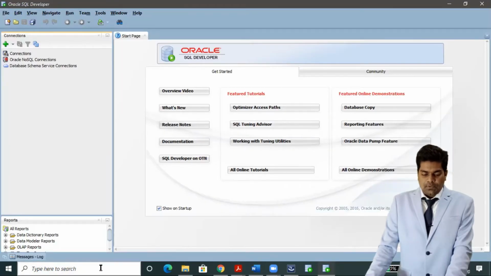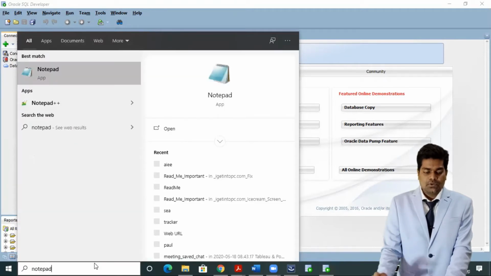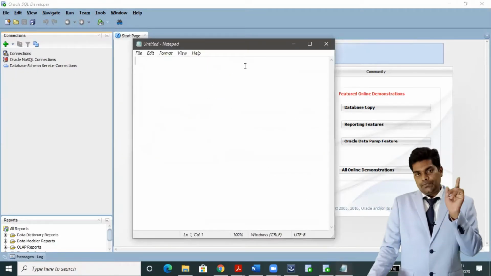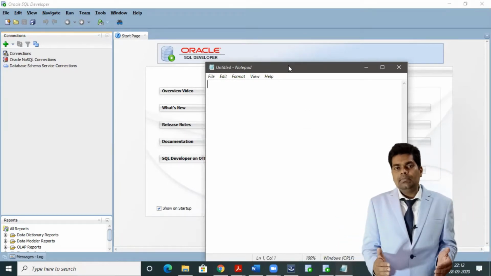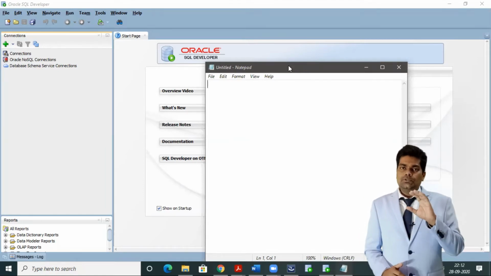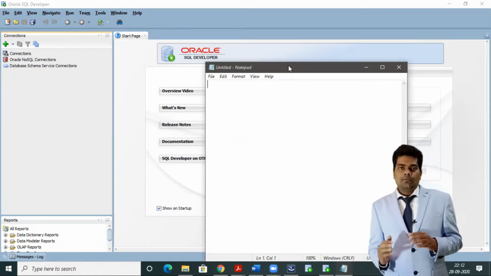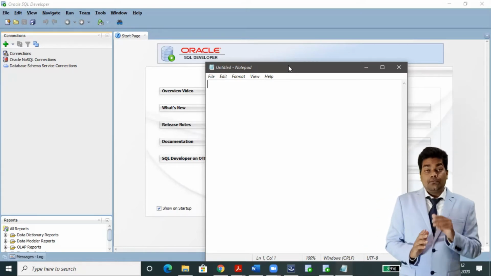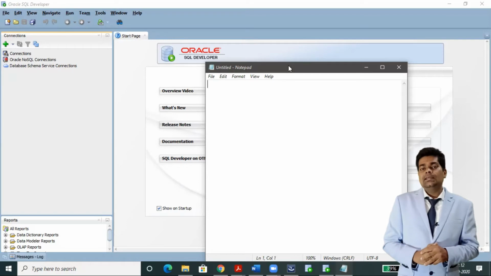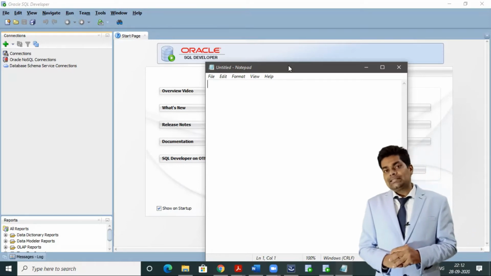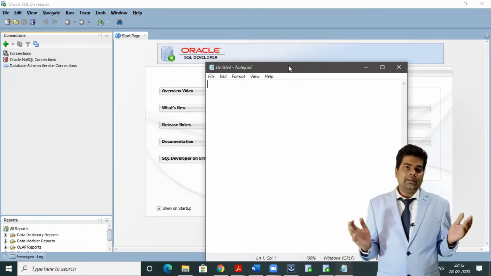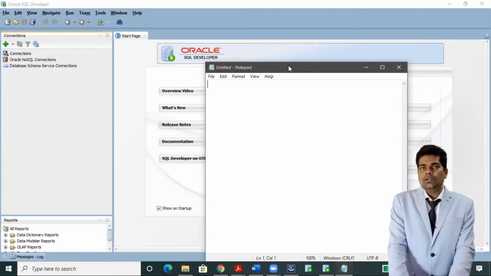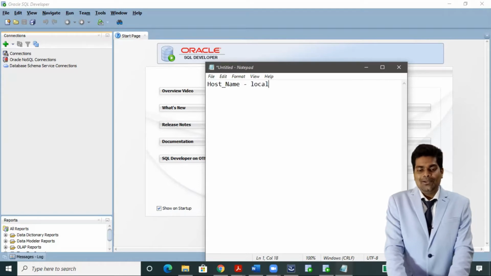Okay, so whatever database we have installed, here is some information. When we install the database on our local system, meaning our laptop, we can use the host name localhost or whatever the computer name is. For Oracle Database 11g XE, the default SID is XE, and the port number is 1521 for Oracle Database. So these are the details which we will enter. For the host name, we can put localhost.